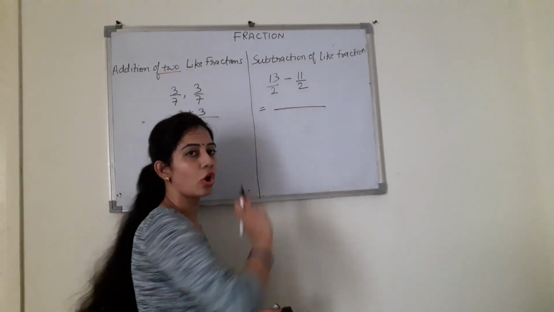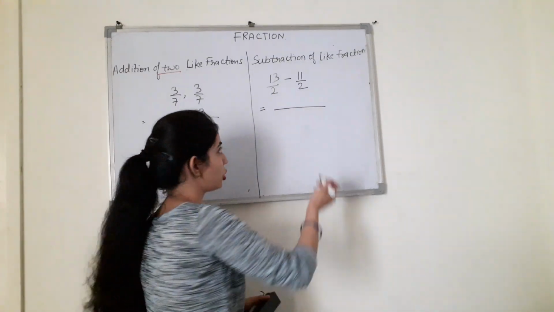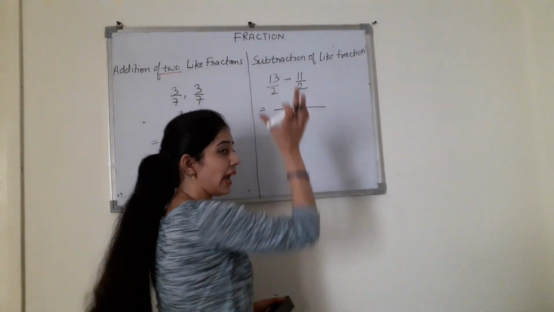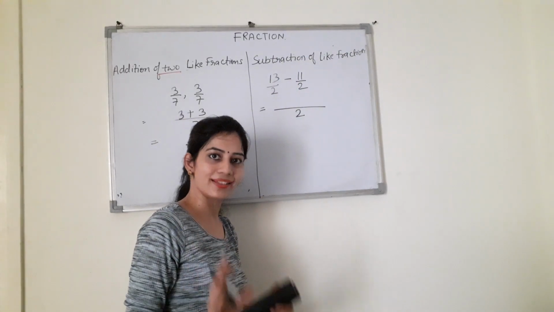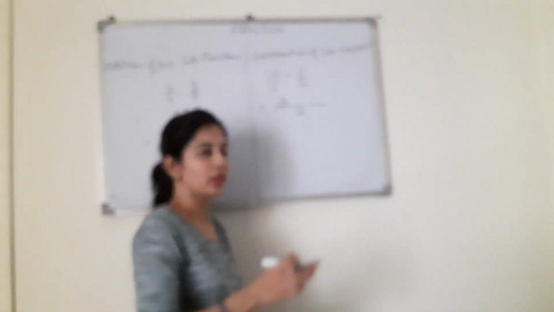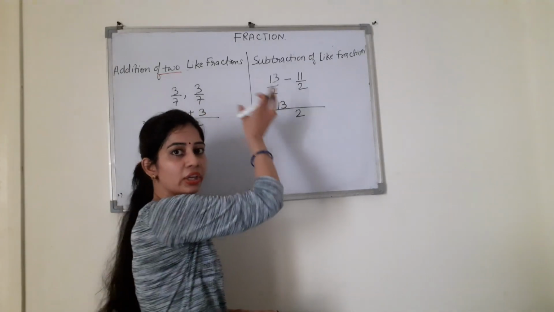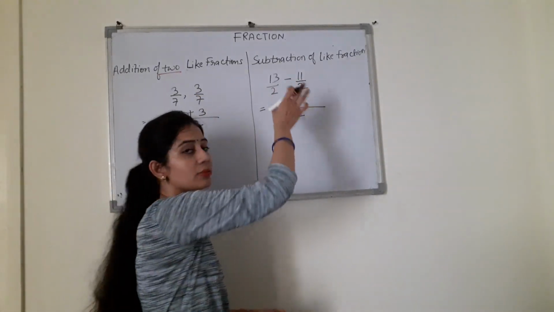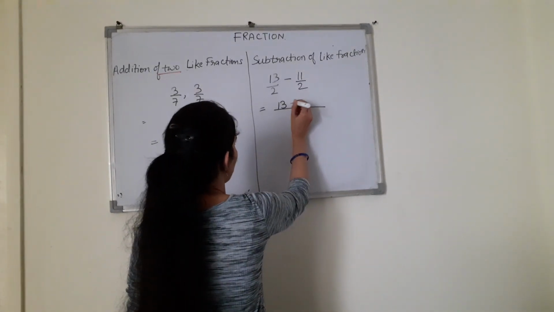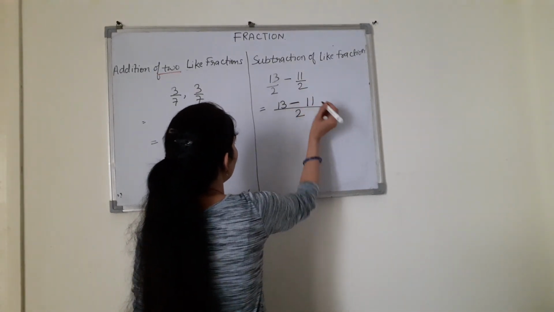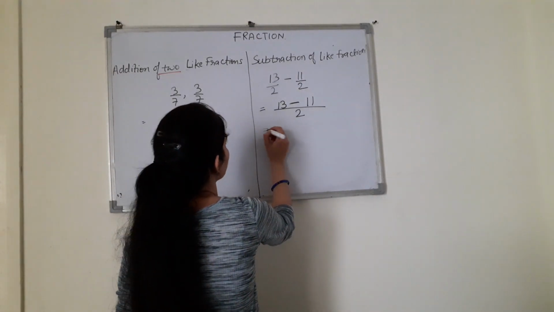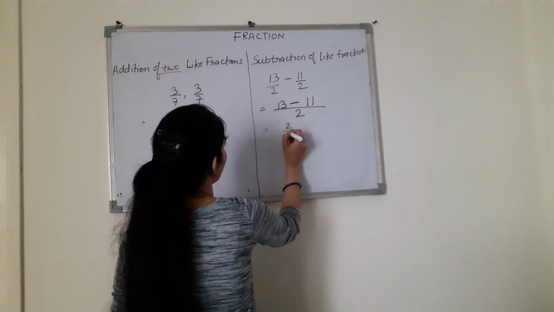Same, because the denominator values are same, so we'll write it once and then write the numerator value as it is. Put whatever sign we have. Here it is plus, so we have put plus sign. Now here it is minus, it is a question of subtraction, so we will put the sign of subtraction, and then write the second numerator value of the fraction. So it will be 2 by 2.